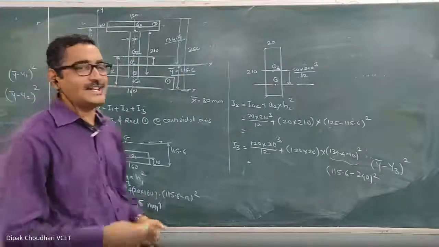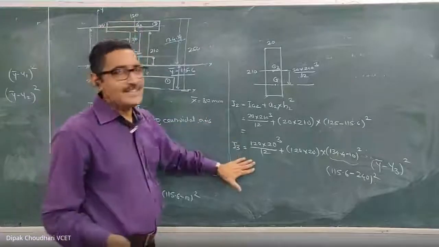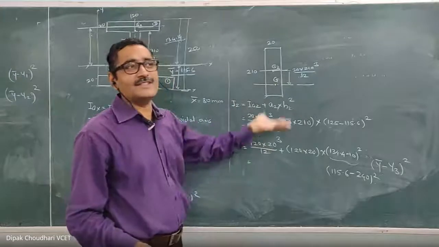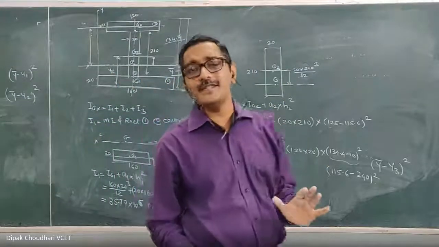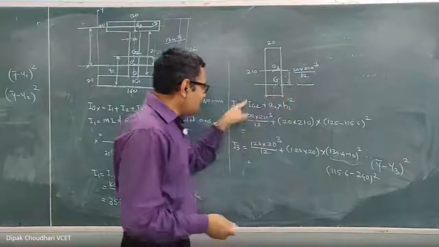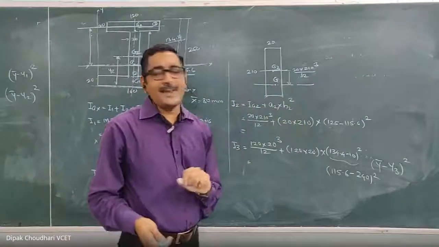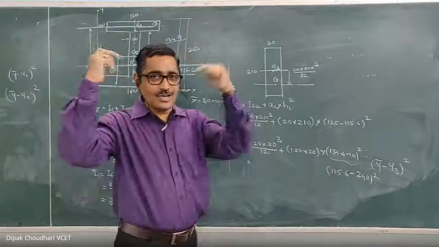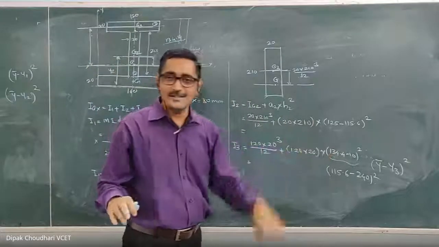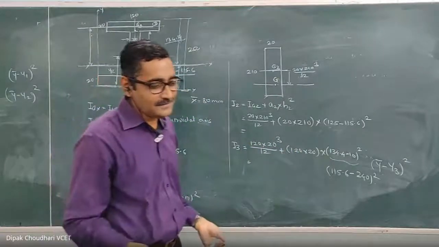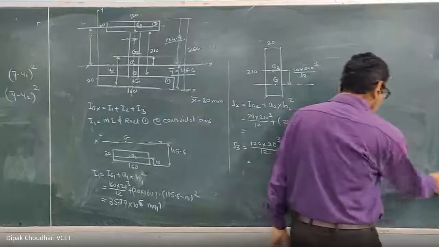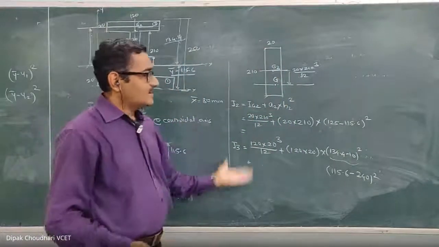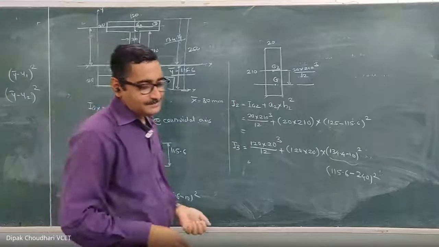Now you can observe it here for this third rectangle. Neither have I drawn this figure, there is its own centroidal axis, and there is the other axis where I have to calculate the moment of inertia. Neither have I written this, nor the parallel axis theorem. I use the parallel axis theorem, but this basic theorem you have to keep in your mind and just use the values. That is enough. No need to write the parallel axis theorem; make this a habit. So calculate this I2 and I3.